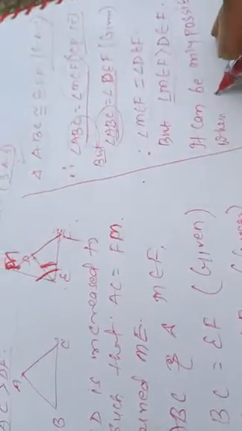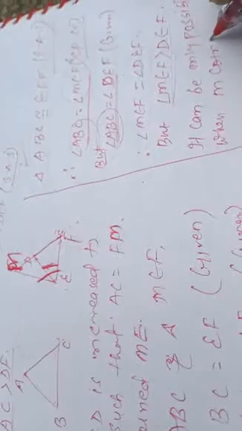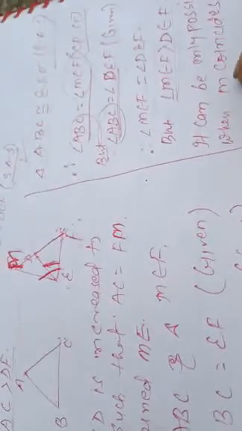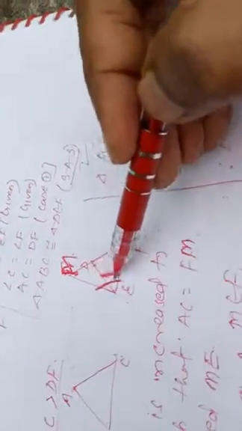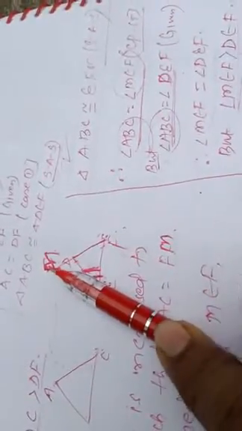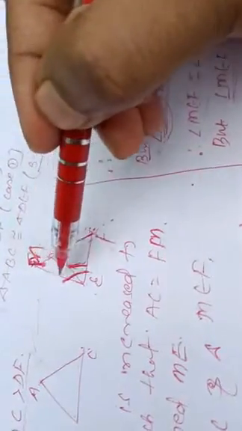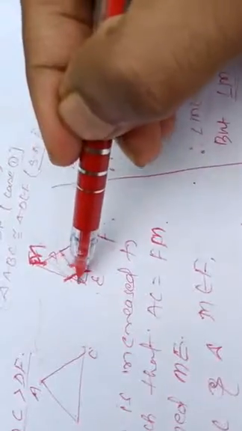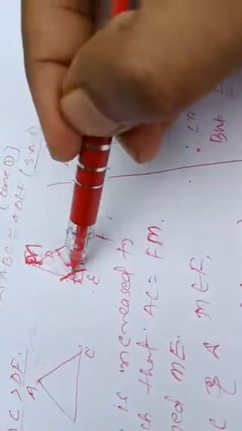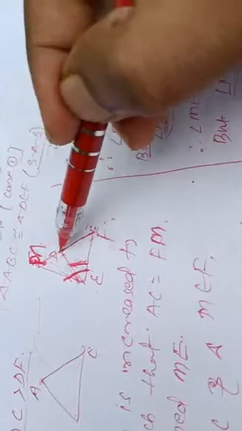when M coincides with D. Means both the angles are equal. It is only possible when this angle equals this. Suppose this is M over here; this M tends to come to point D. If M changes its point, from here, then here, then here, and finally M comes to D.